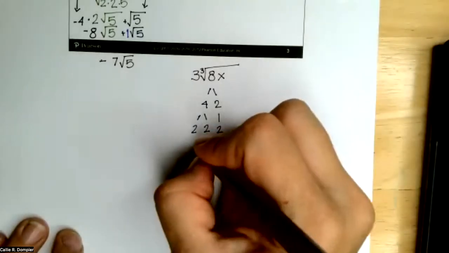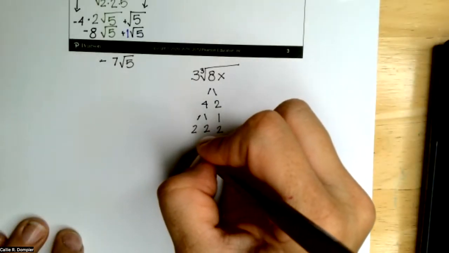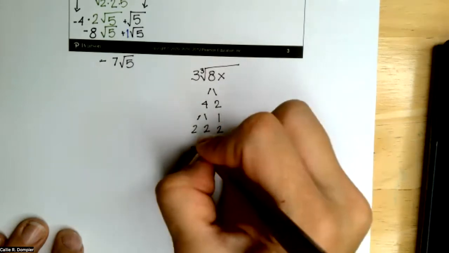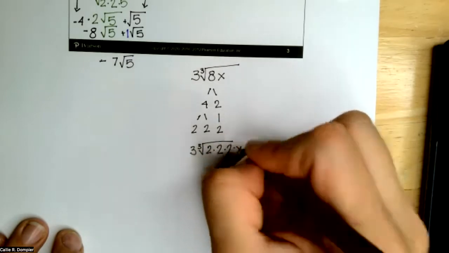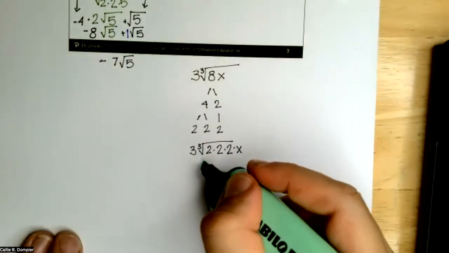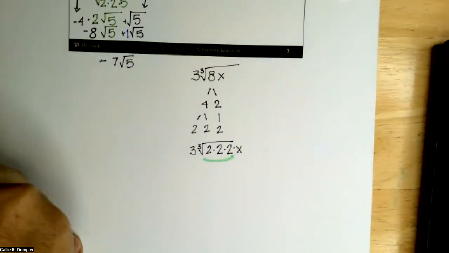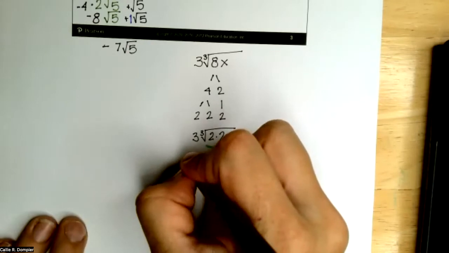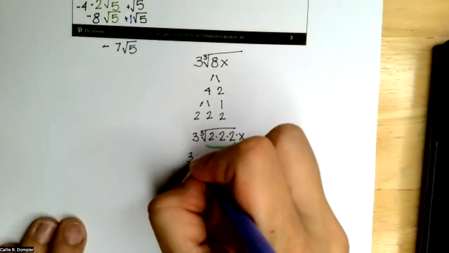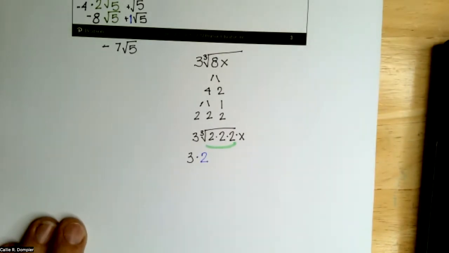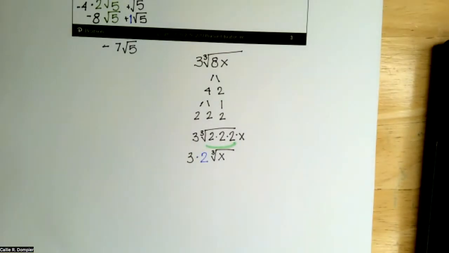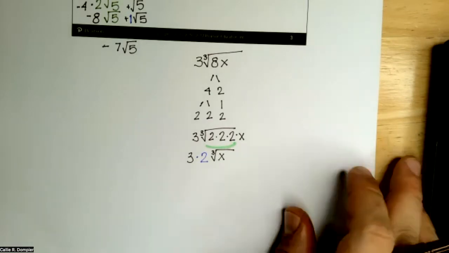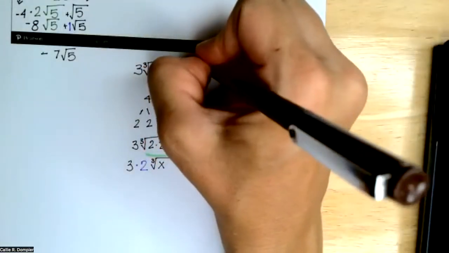So 3 times the third radical of 8x becomes 3 times the third root of 2 times 2 times 2 times x. These 3 can come out. So now I have 3 times 2, and then that x is still inside. Good. Plus 5